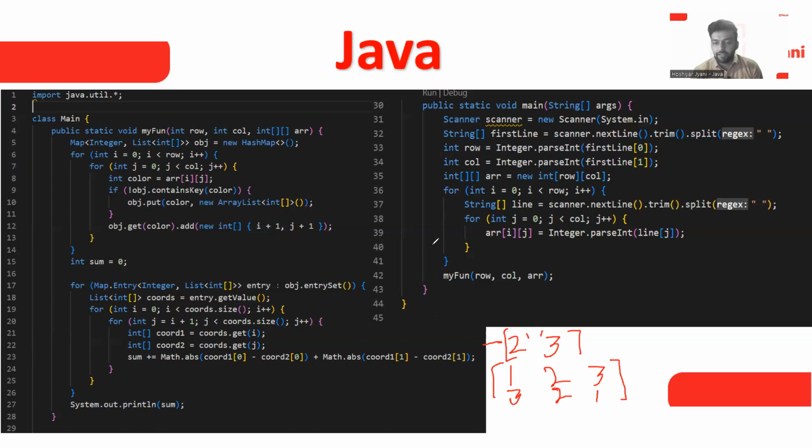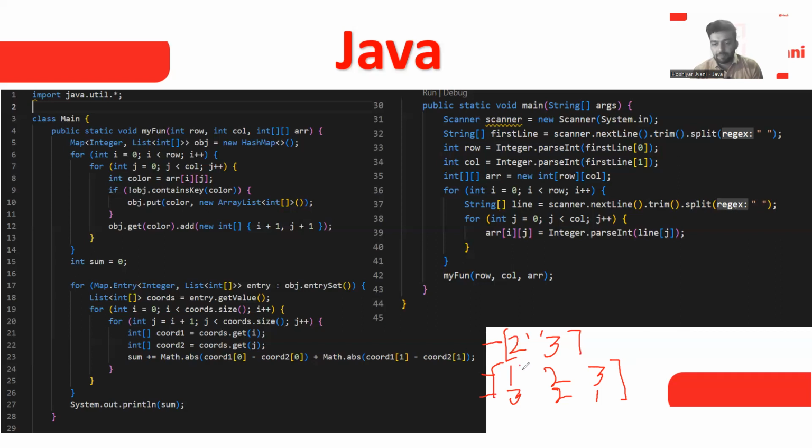After that, I am writing two for loops for filling the values of the input in our array. So first of all, I am iterating from 0 to our row. So row is our 2. First of all, we are iterating this row, and second, we iterate in this row. So this is the outer for loop for the rows. After that, we are creating a string array line. Then scanner.nextLine, we take the whole line input with the help of nextLine. Dot trim for avoiding the spaces on the left side and right side. After that, dot split by the spaces.